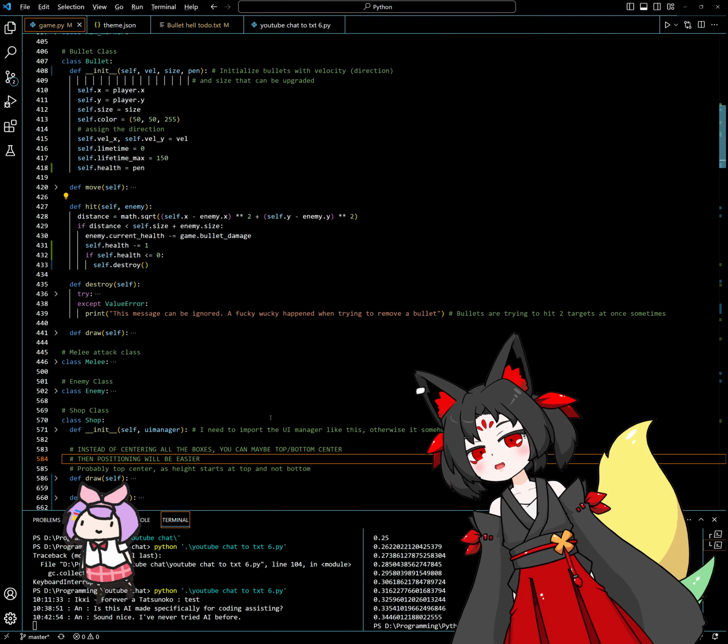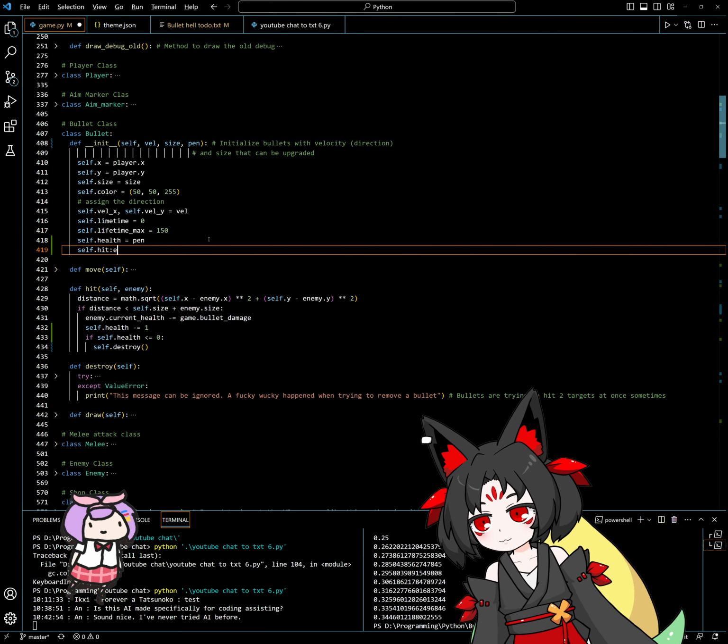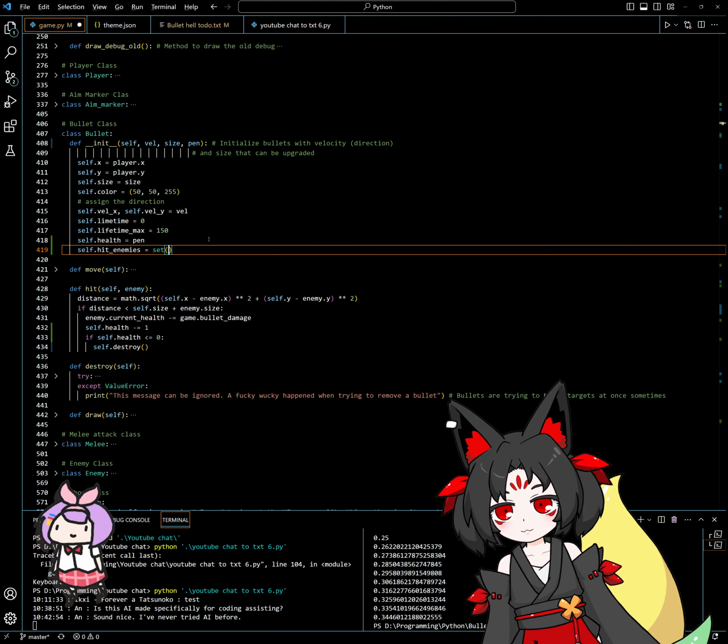What the fuck? Okay, bullet, self dot hit enemies is equal set